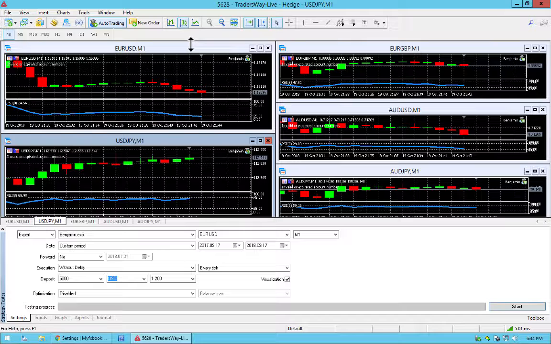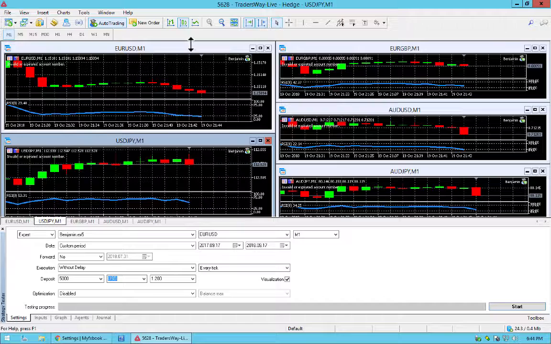Okay, so we're going to do a back test right now. We're going to do the euro versus US dollar. All right, so what we're going to do is a back test. This is the euro versus the US dollar, the most common pair in the Forex market. This is traded more than any other pair. So we're going to run a test with $5,000, and it's going to be